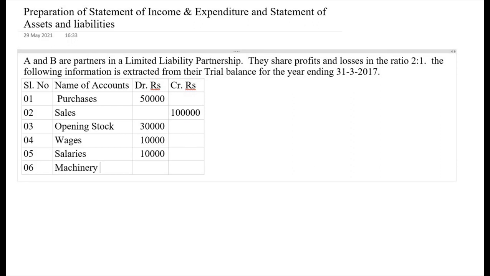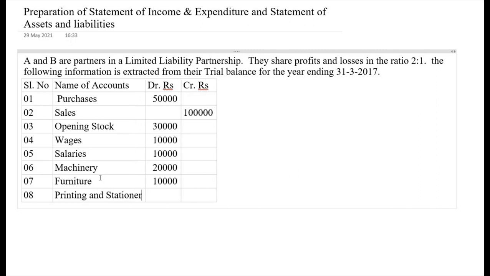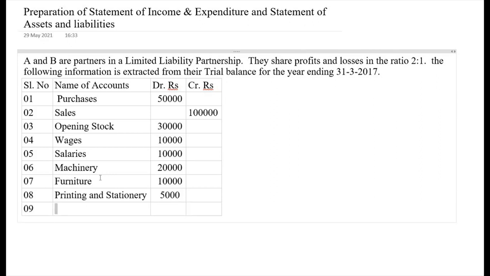machinery 20,000, then furniture 10,000, printing and stationery rupees 5,000, debtors and creditors 80,000, 60,000, cash 20,000,